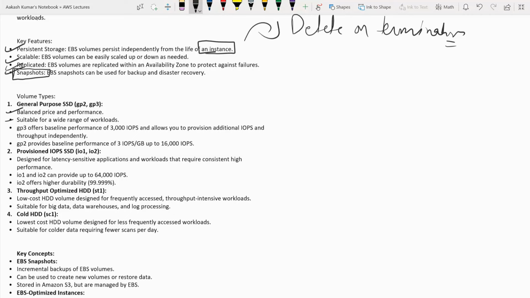GP3 is the latest thing, so you always go with GP3. GP2 provides baseline performance of 3 IOPS per gigabyte up to 16,000 IOPS. Provisioned IOPS SSD, IO1 and IO2, is basically for latency-specific or critical applications. It will give you very high performance, but obviously your cost will increase, and it can go up to 64,000 IOPS, the throughput, and it provides you with higher durability, which is 99.999